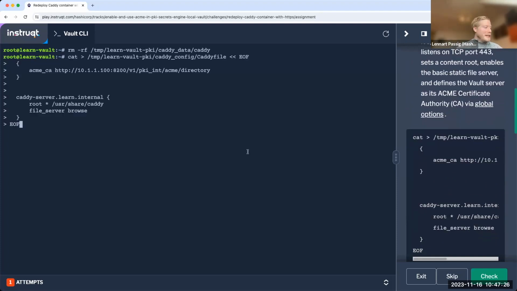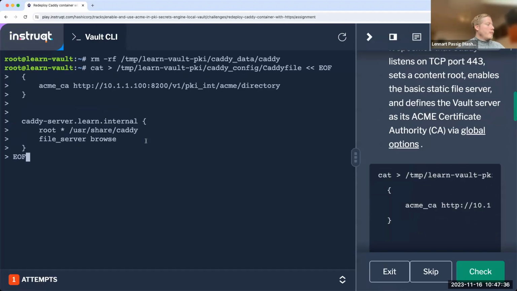And next thing is now an important piece, I'd say. Very important indeed. What we say here is, if I go ahead and maybe zoom in a little bit more, what we can configure here, or what we are actually configuring, is we are making use of the global options within a Caddyfile. So a Caddyfile basically says, how does the Caddy server actually function, right?